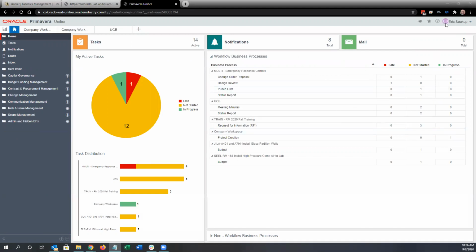Okay, so that's it for preferences. Right now we're on the home tab, so I'm going to get a little bit into navigation now. This is the